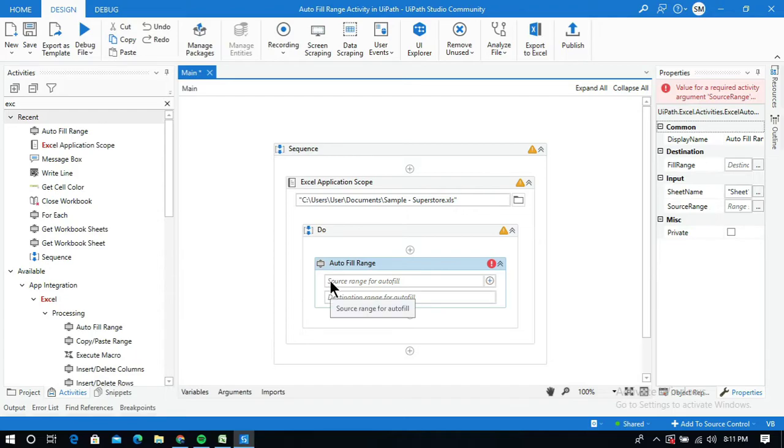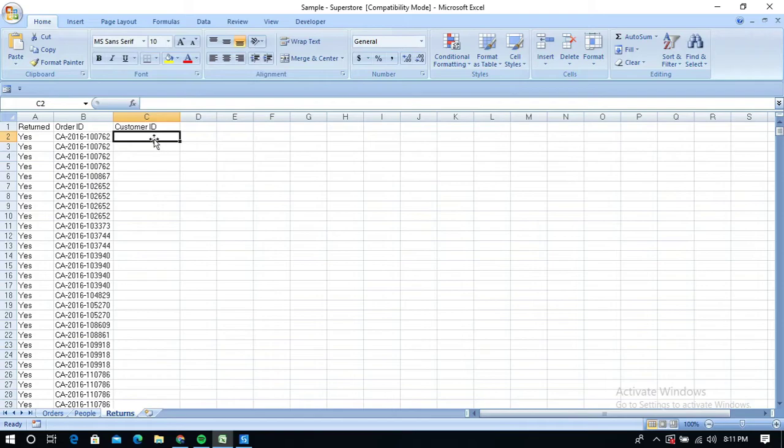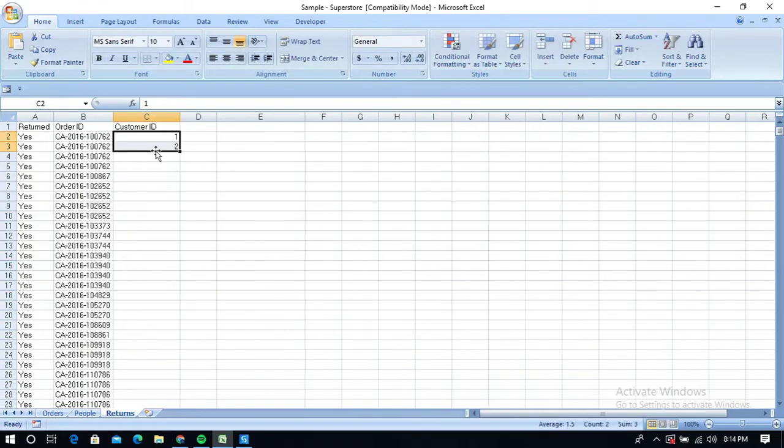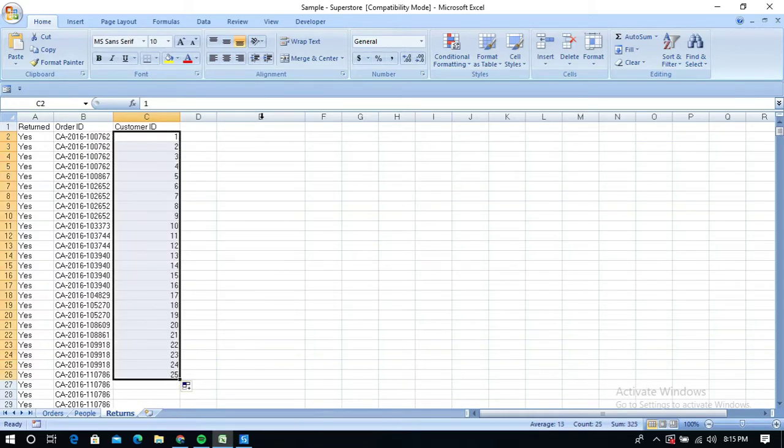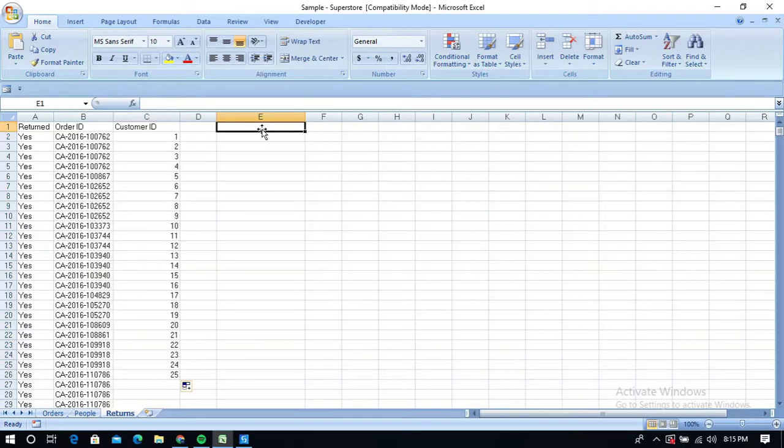What is this source range for autofill? In the Excel sheet we have given two values, first and second. First you need to give the values in these two cells, then Excel will automatically fill the remaining cells like this. You can also do this with, for example, the months of the year.